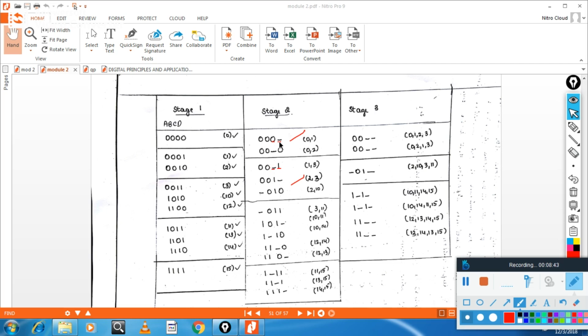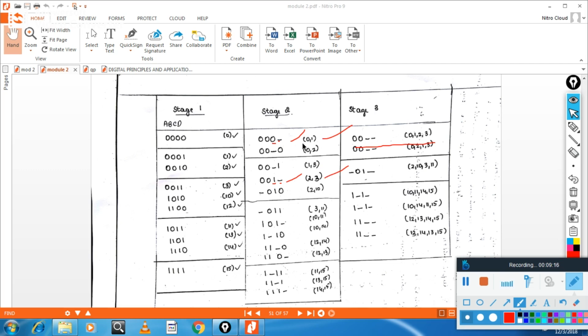You see here, I will clear this one. See here, I will take the first one and the second one. Here you see the MSB is 0, 0. This bit changes to 1, and the hyphen remains the same. Only one bit is changing. So what can I do? I can write here like this. I have compared 0, 1 with 2, 3. So mark like this.